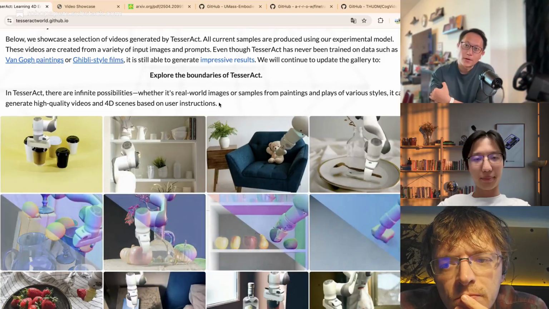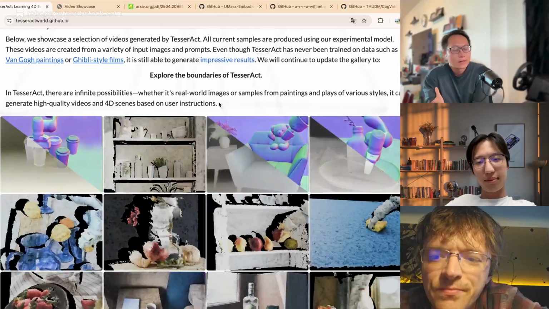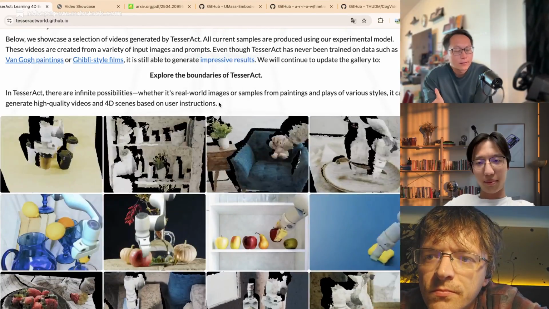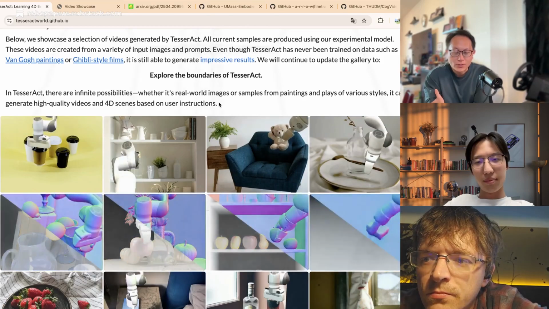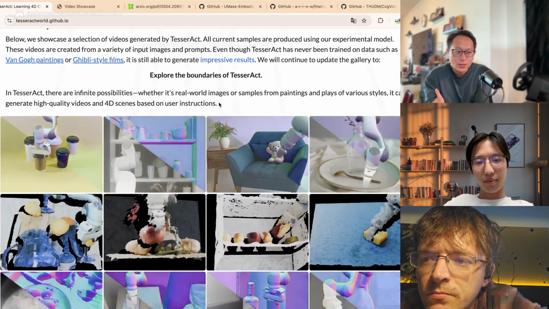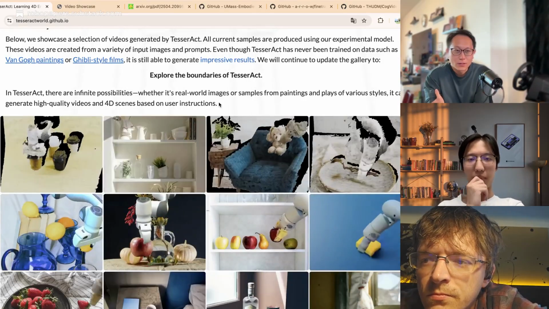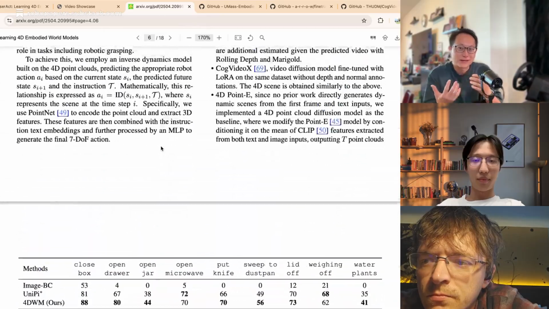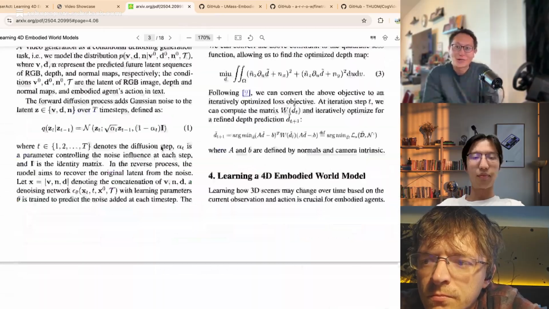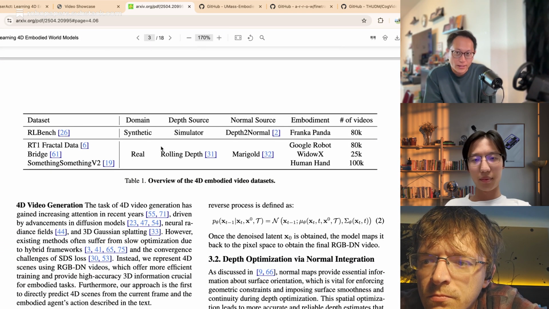So, maybe this is for Chris as well. I'm trying to rationalize, at the extreme, when these world models get really good and a lot more compute efficient, what does it do to the overall data collection pipeline? It strikes me that if you have a world model, which is basically a simulation, you can generate a lot of synthetic data that would be extremely costly to collect in the real world, right?